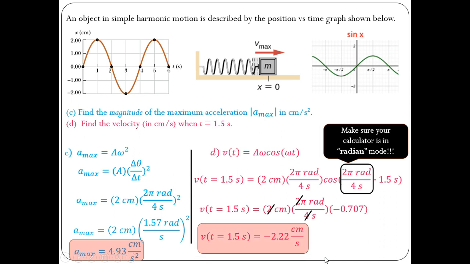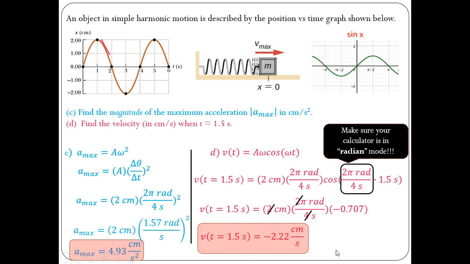And this makes sense based on the graph. All right, the instantaneous time here is 1.5 seconds. So if you go up to the graph where my cursor is, 1.5 seconds there, if I trace it up, it meets that particular point on the graph. That particular point has a negative slope, and my answer is negative, negative 2.22, which makes sense